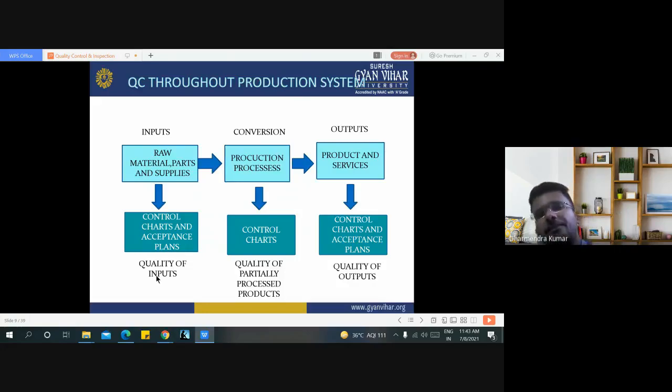Then it goes to the production process, from raw material to the production process for conversion of raw material into our desired shape or our desired design. Here are the outputs of the production process, meaning our desired shape and design we get as the output. Here, if we find any error,